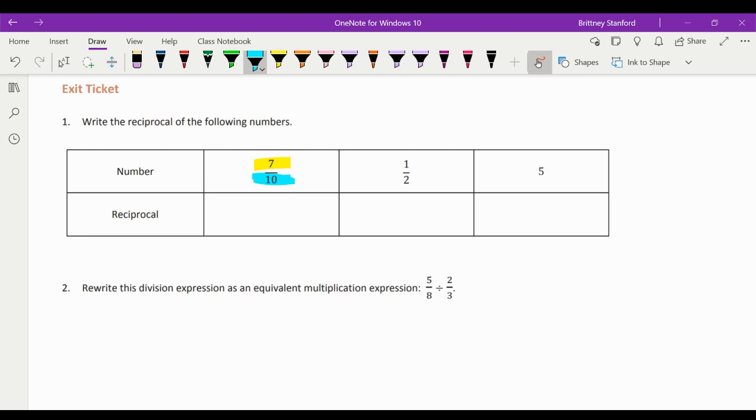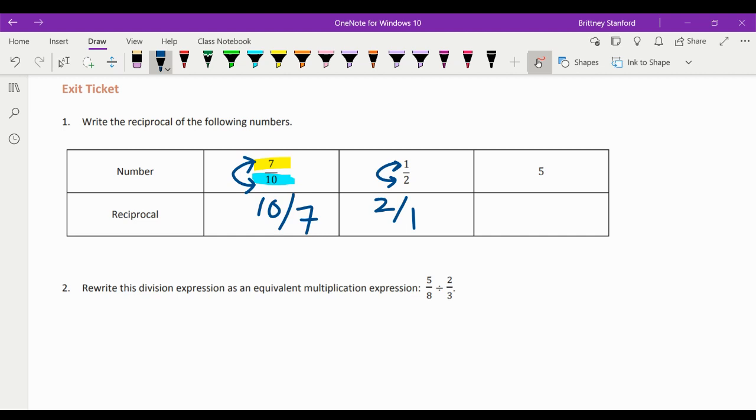So if we want to find the reciprocal of 7/10, all we would do is flip between the numerator and the denominator, and we would now have 10 out of 7. To find the reciprocal of 1/2, we would flip this fraction and it would become